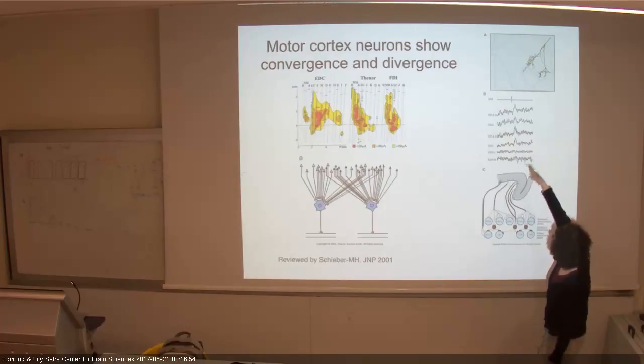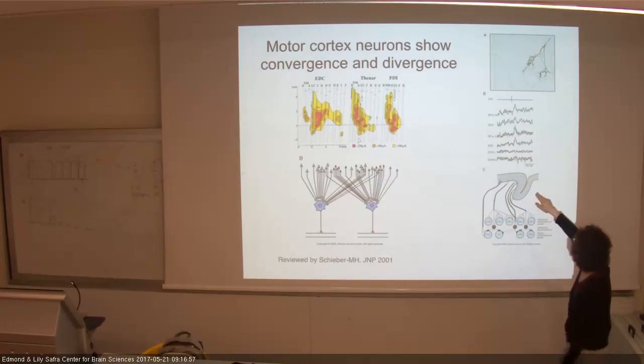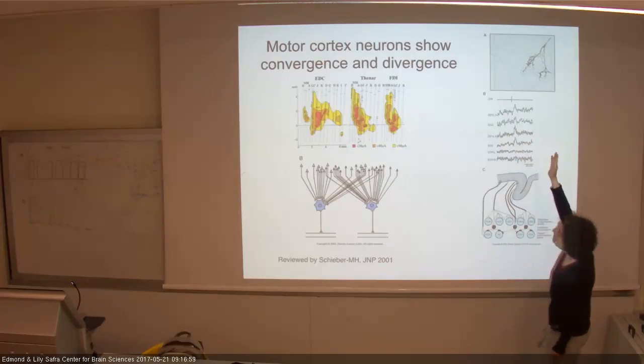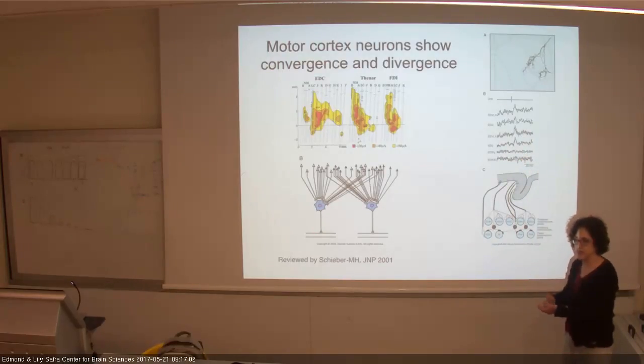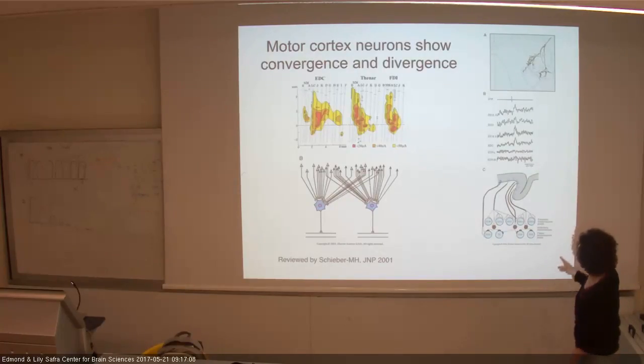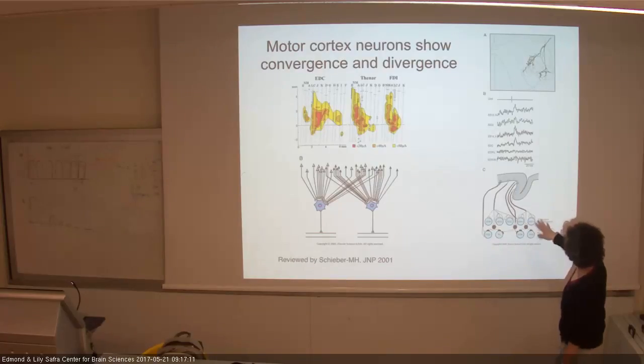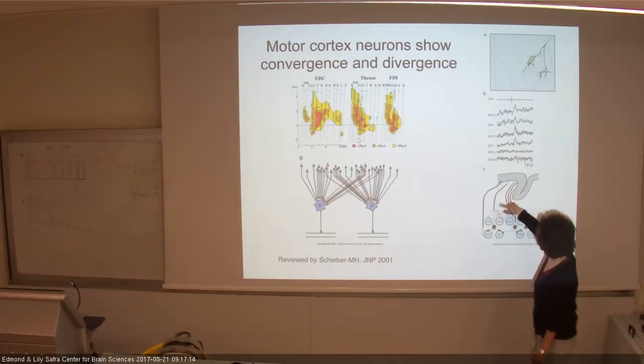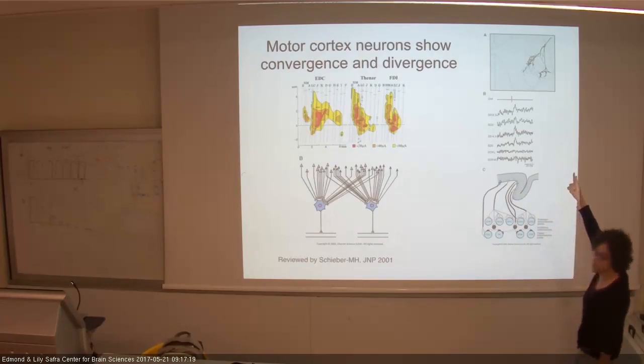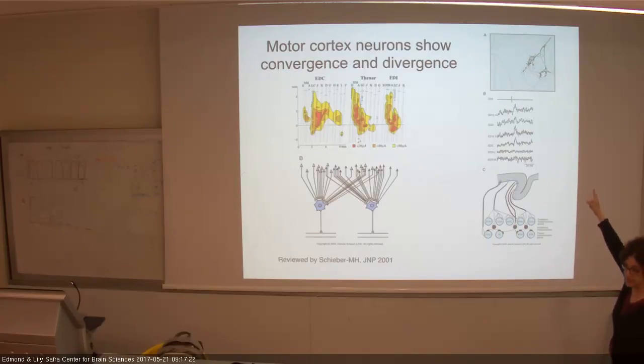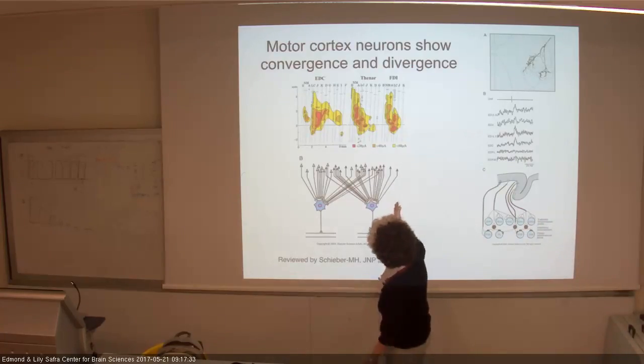Here, time zero is the action potential of the specific unit, and you can see that in some muscles you have post-spike facilitation, and this post-spike facilitation is considered to be a reflection of a monosynaptic excitatory connection. And what they have shown is that you can have a single site or single cell that is connected to multiple muscles, and that we know based on the work that I showed last time, the work of Shinoda, the tracing work, where he showed that a single axon from the corticospinal pathway can innervate multiple muscles,